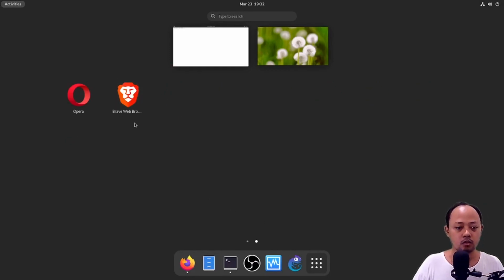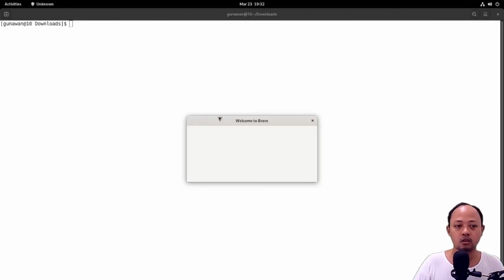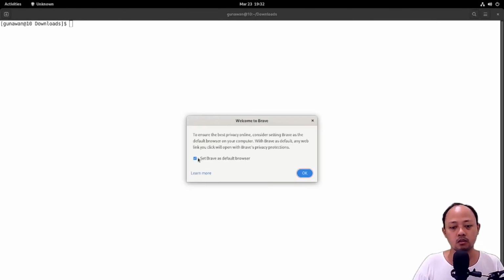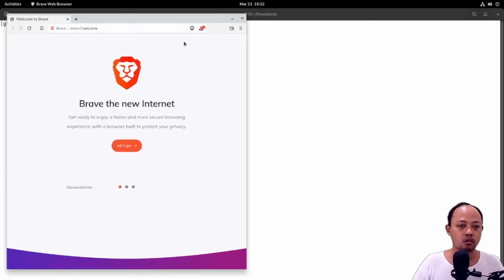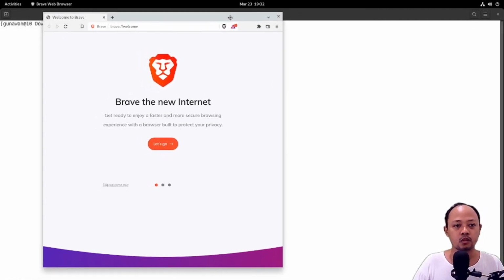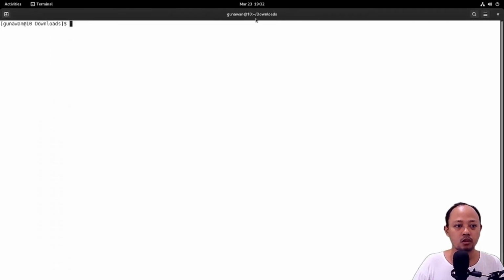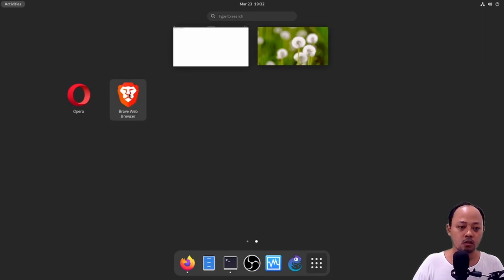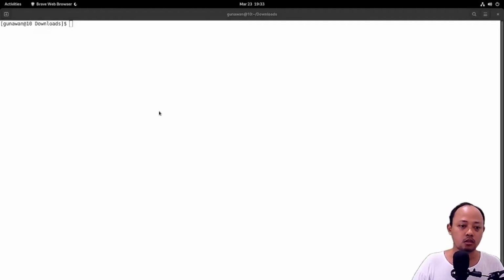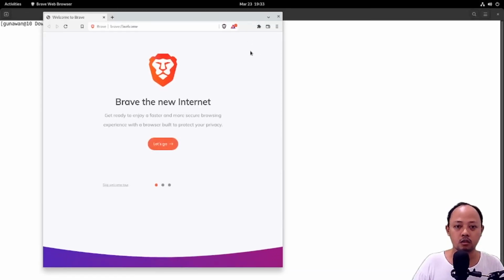This is the Brave browser launcher. I think it's faster than Chrome or Firefox or Opera, because when I click this launcher, the browser just starts quicker than the other browsers.